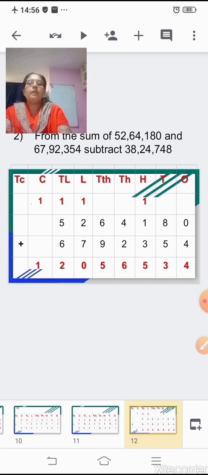Coming to one more sum, here it is, read the sum. You have to read it from the sum of 52,64,180 and 67,92,354. You have to find the sum of these two numbers. Now sum means we have already learned, that is you have to add the two numbers. That is the two numbers you will add, and then from the answer or from the sum whatever you are getting, from that answer you will subtract, that is